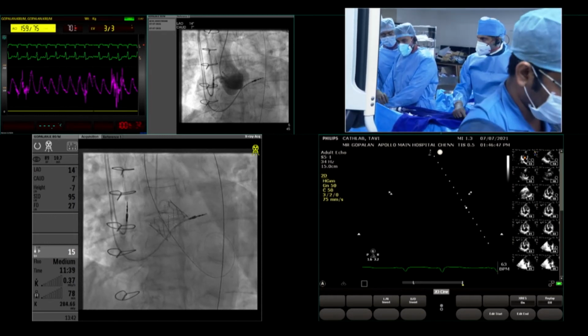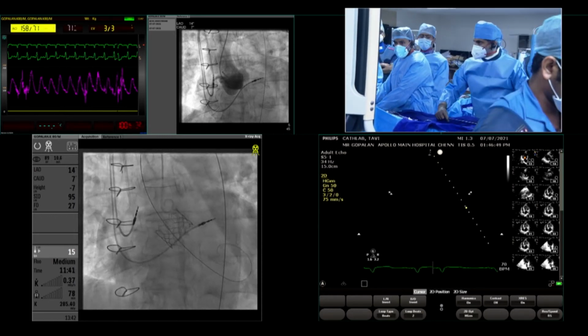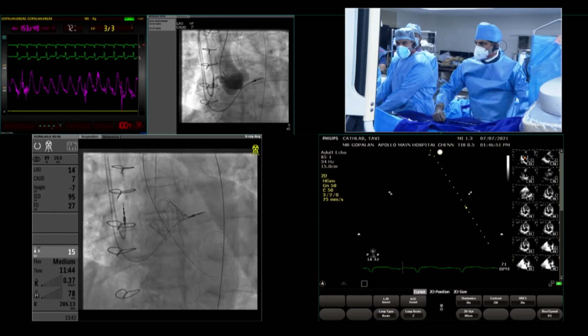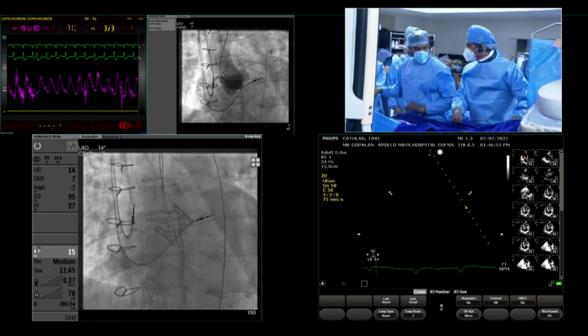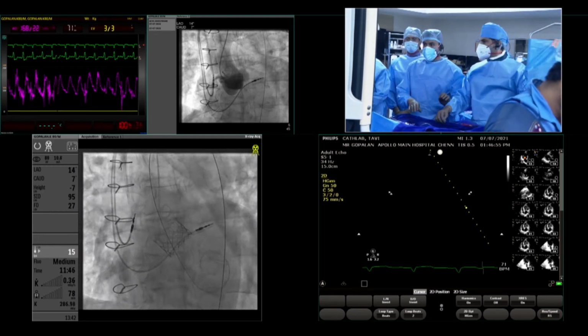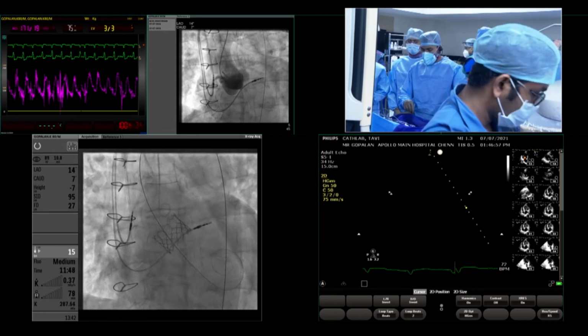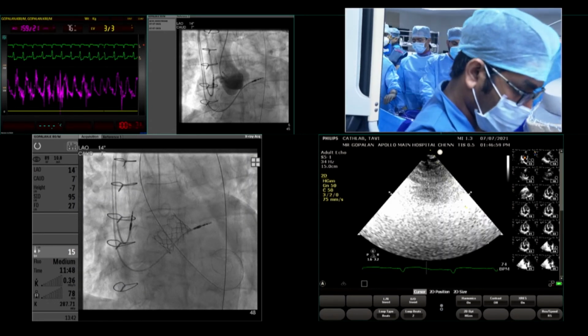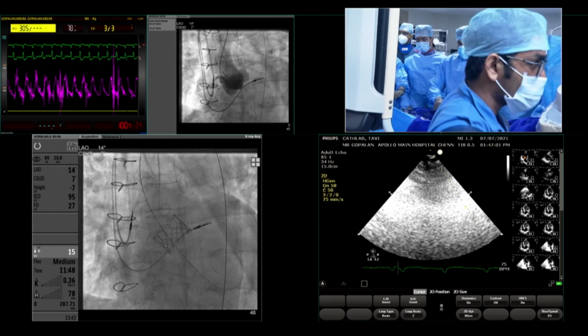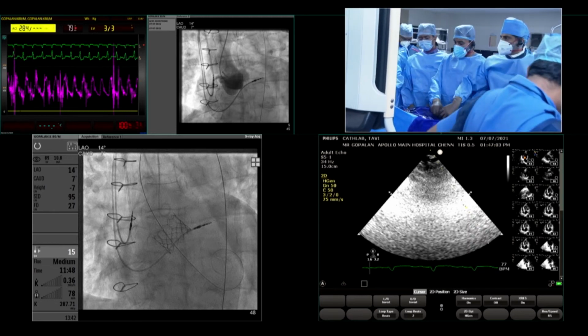So it's important to make sure the LV wire is nicely touching the ventricle, and for that pressure, when we inflated, I had to make sure the wire doesn't move out or come out. Yeah, make sure that's a very important step. The wire should be in touch with LV all the time. Okay.